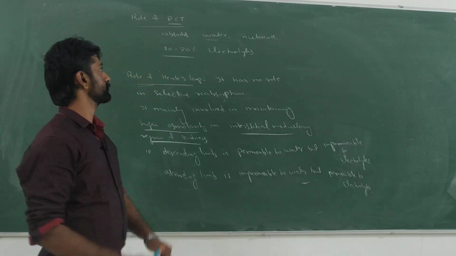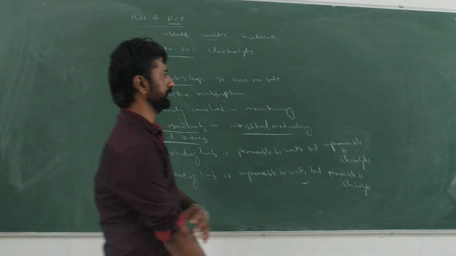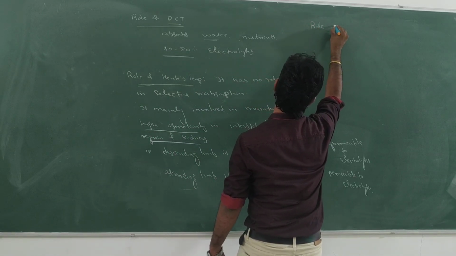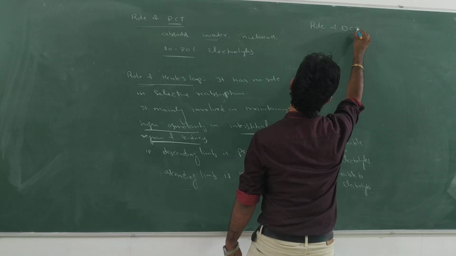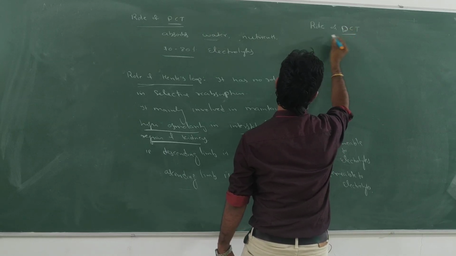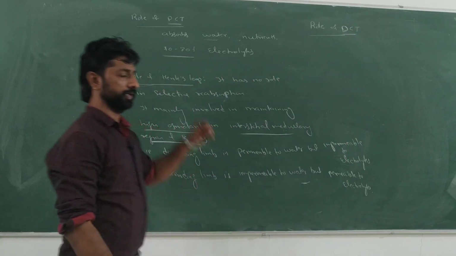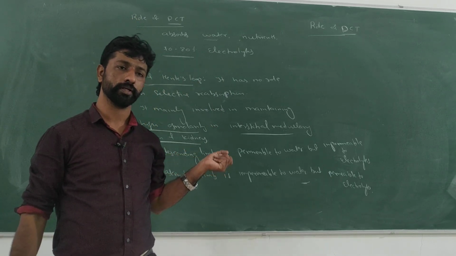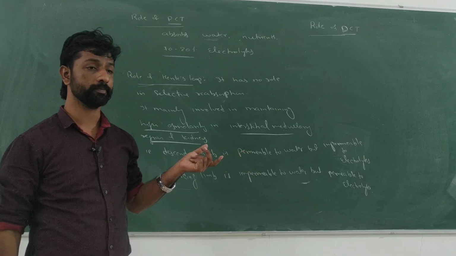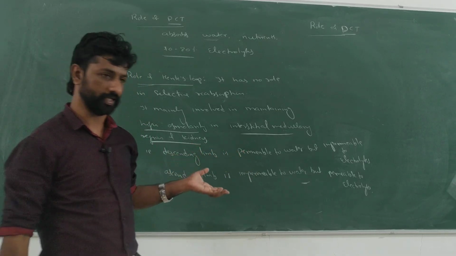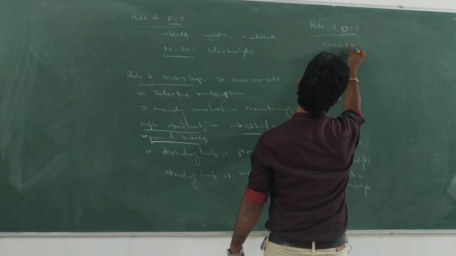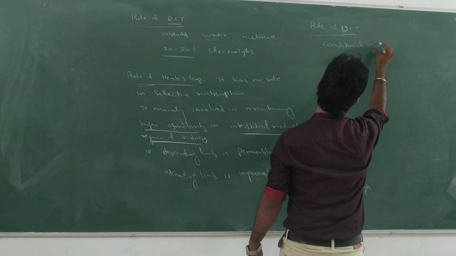Okay. Next, what is the role of DCT then? The next part of the renal tubule is DCT, that is the distal convoluted tubule. What is the role of it? Only the conditional reabsorption of sodium ions as well as water takes place here. That is conditional reabsorption of